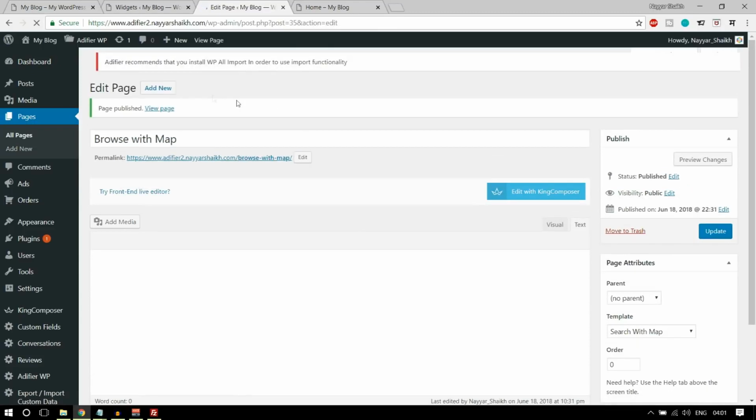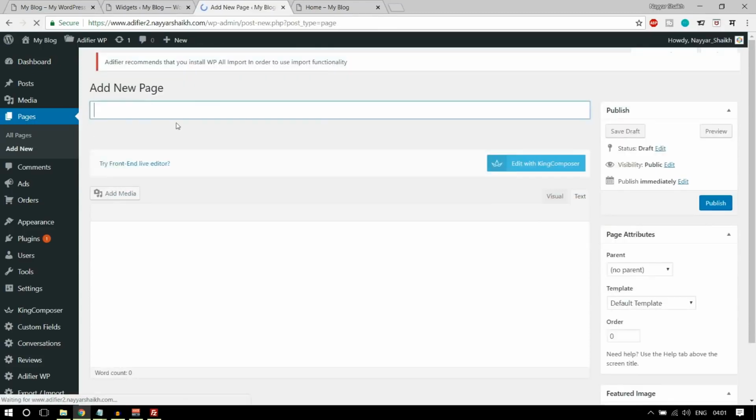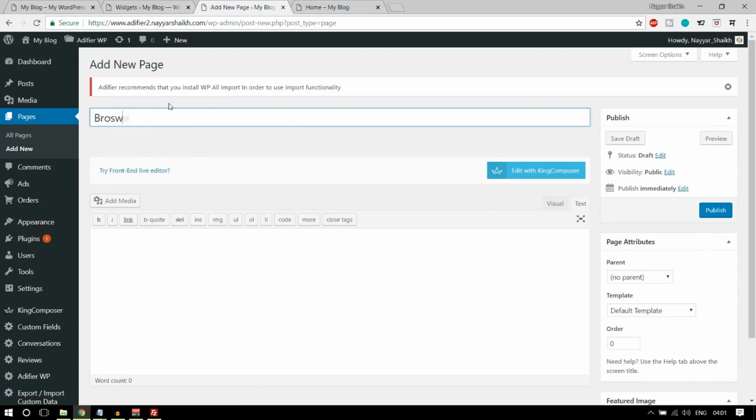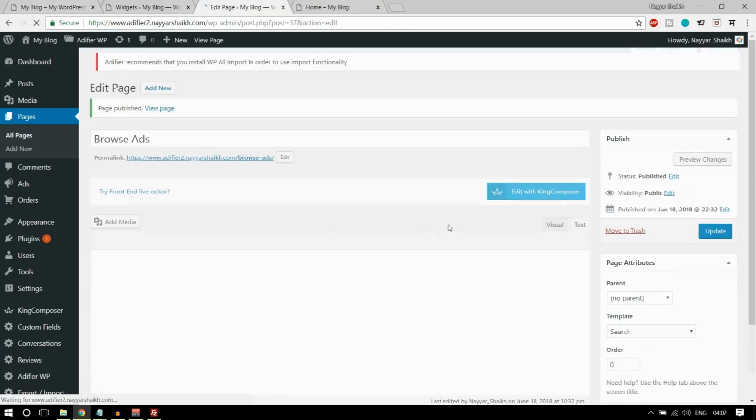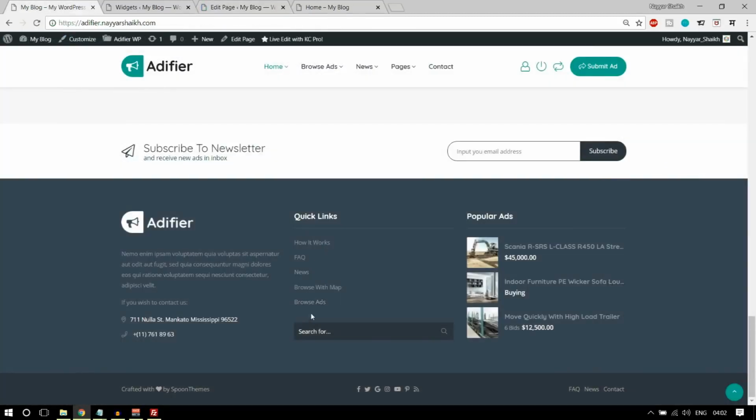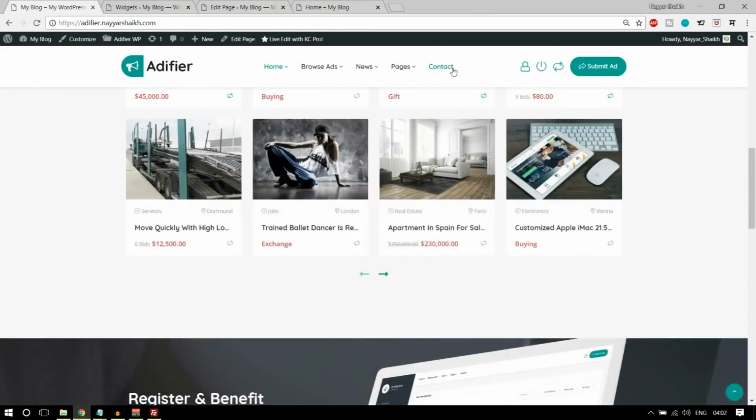Click on publish. Now click on add new page and let's add browse all ads or just browse ads. Okay, and this time select this template. I think it is search. I think, yeah, that is what it is. Click on publish. And there is one more page which is not mentioned over here, but you'll see that page